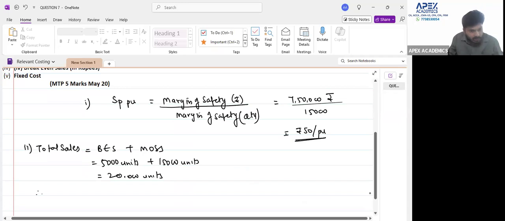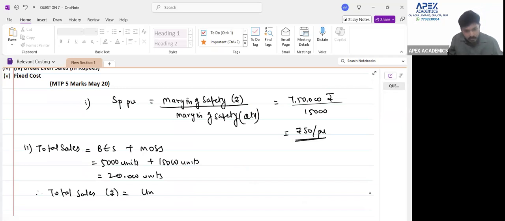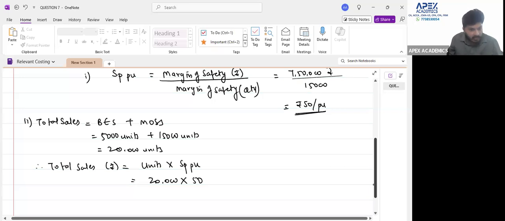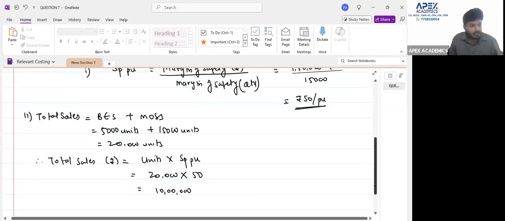Therefore, total sales in terms of rupees is equal to units multiplied by selling price per unit, which is equal to 20,000 units multiplied by 50. What is the total sales? 10 lakhs. Agreed or disagreed? 20,000 into 50 is 10 lakhs. My dear students,